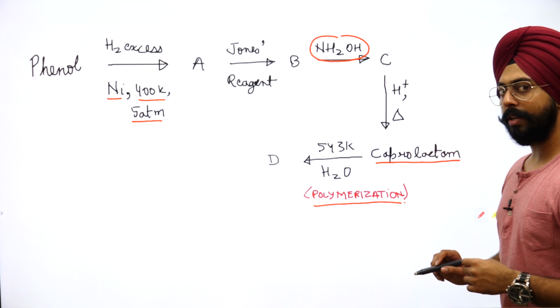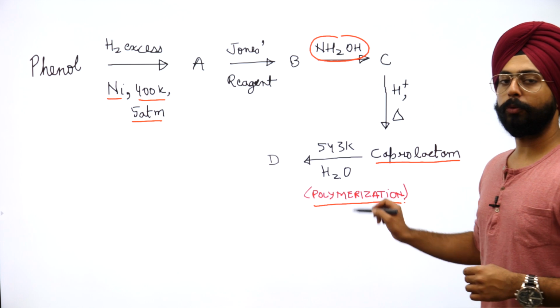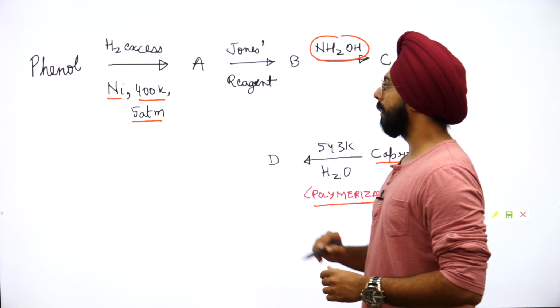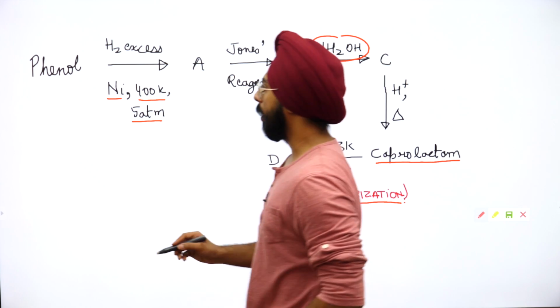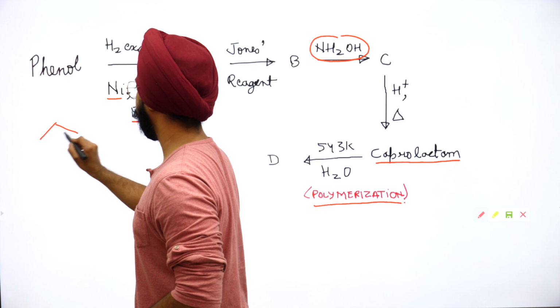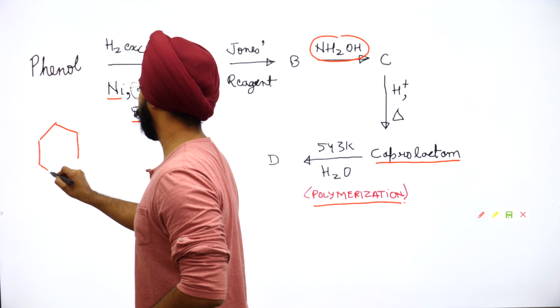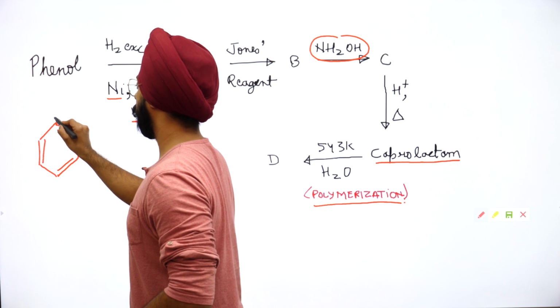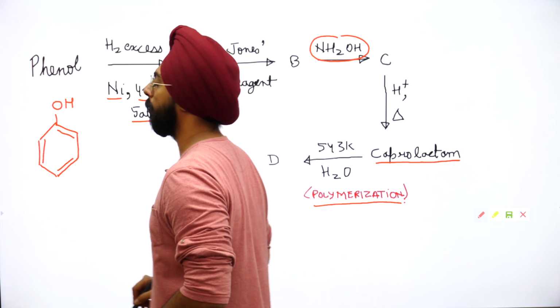If you've read the chapter of NCERT, this last step would be very easy for you. Polymers chapter, please read it if you haven't. Polymerize होके बनता है D. Let's start doing it one by one. Let's do it step by step, okay? So first of all, we have phenol over here. Phenol कैसा दिखता है अपने को सबको पता है. Phenol, our favorite compound, with this OH on top.